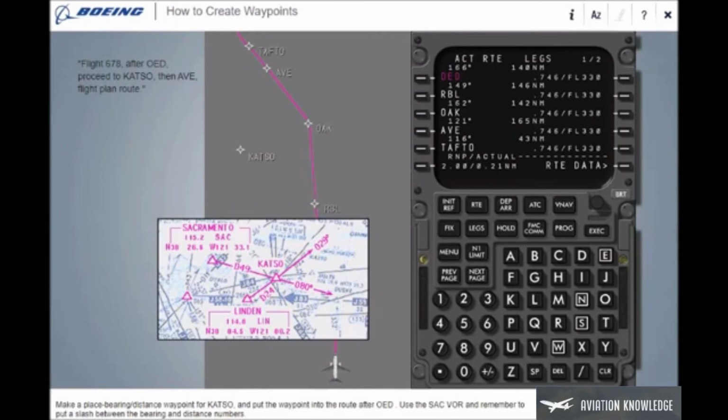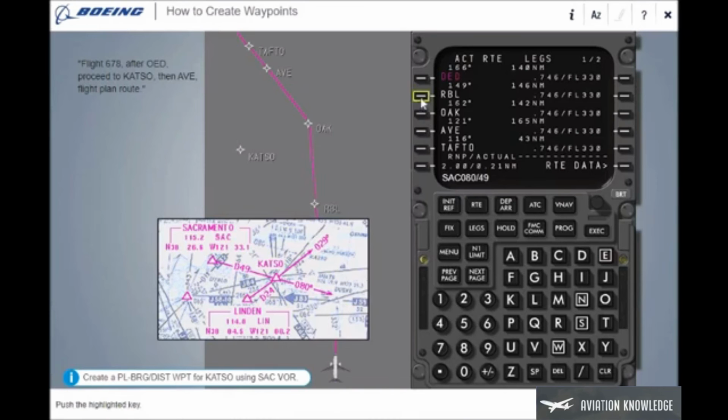Use the Sacramento VOR and remember to put a slash between the bearing and distance numbers. Push